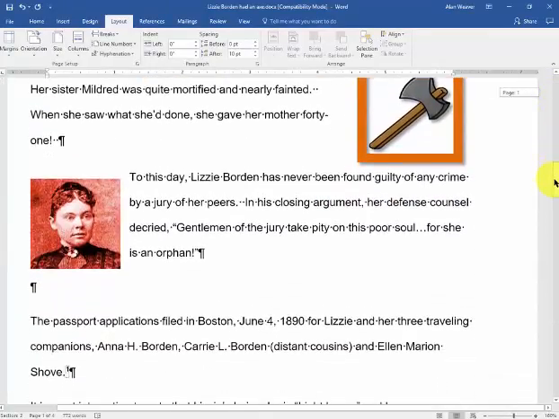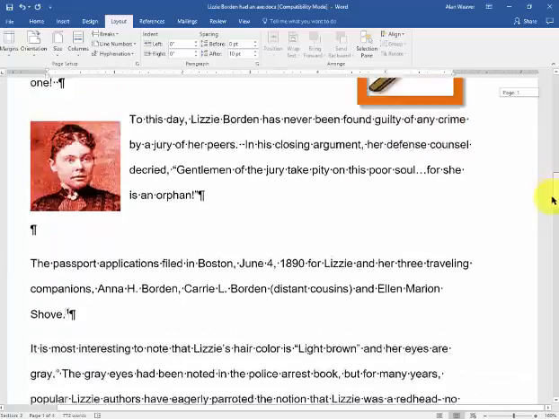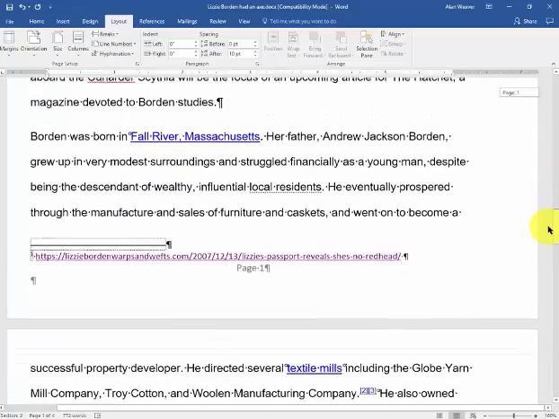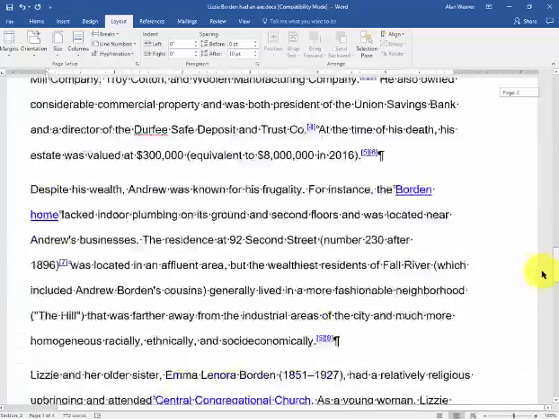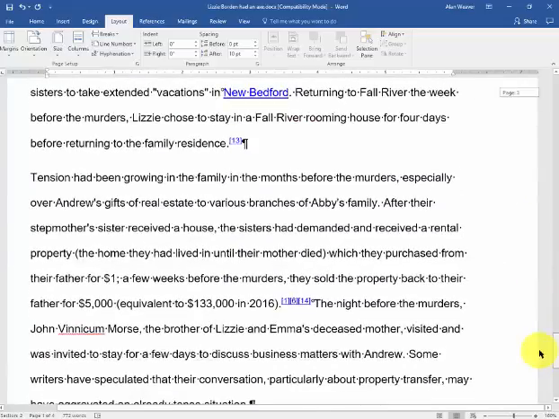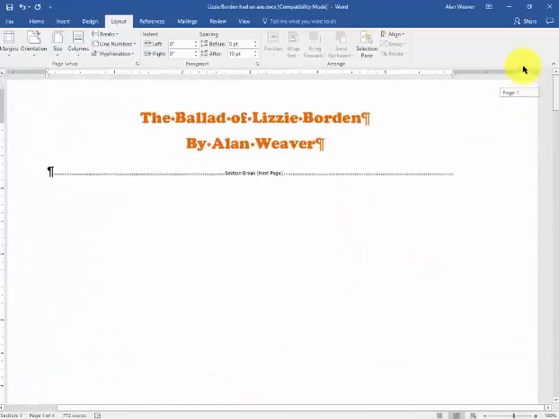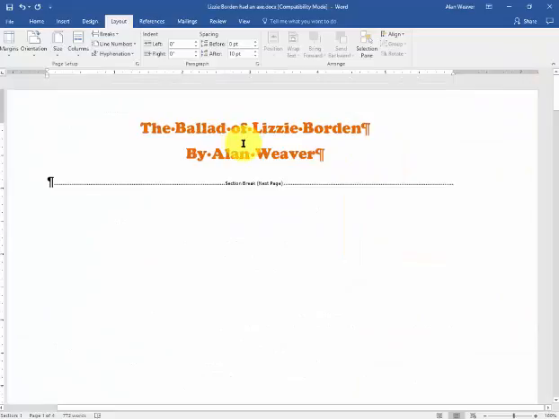I scroll down here. When you change margins, sometimes it messes up where the graphics are. But we still have 4 sheets of paper here. I want this centered at the top. I'm on the Layout tab. What I'm going to do is I'm going to click on